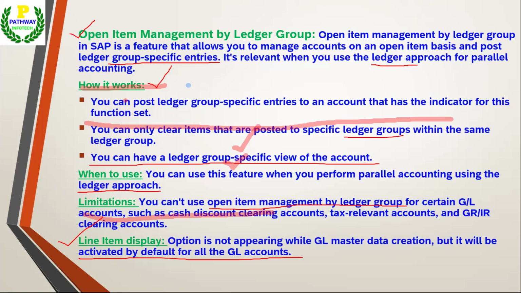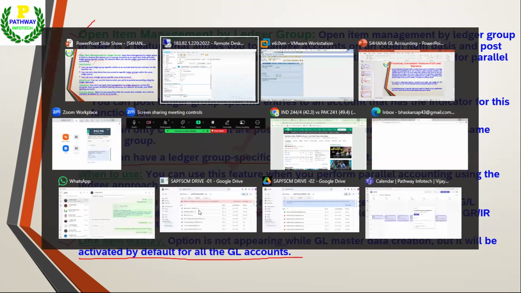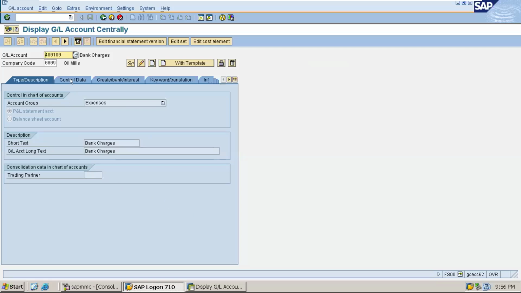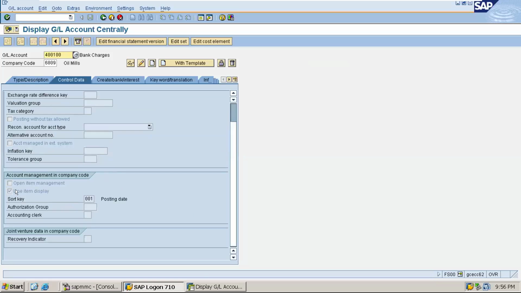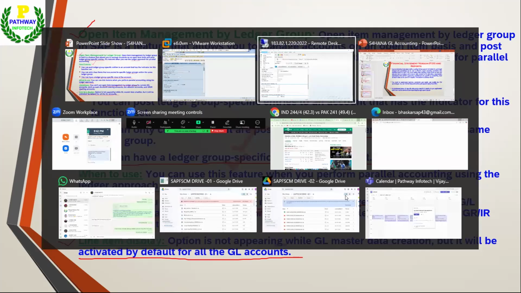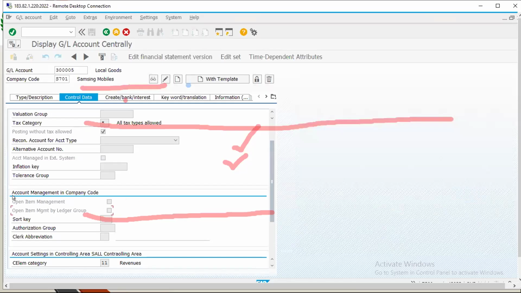Now, line item display. Another thing is that in the ECC system, at the GL account level, there is an option, line item display. This option has been completely removed from S4 HANA. While creating a GL account, you can see the line item display option has been removed. But is it available or not?